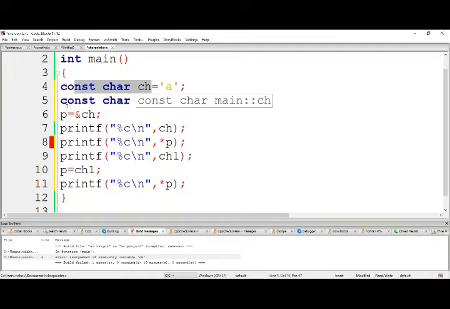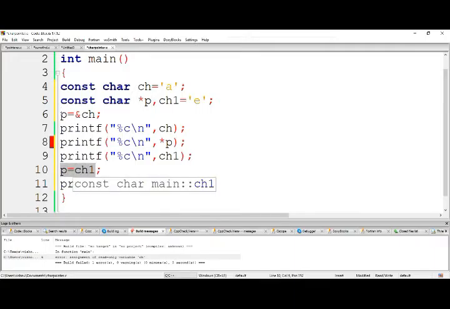Likewise, I have declared a pointer const char star p. Can I change the value of p? Initially I have given the address of ch here. Now I'm going to change the value of p. Is it possible, or will I get any compile time error?